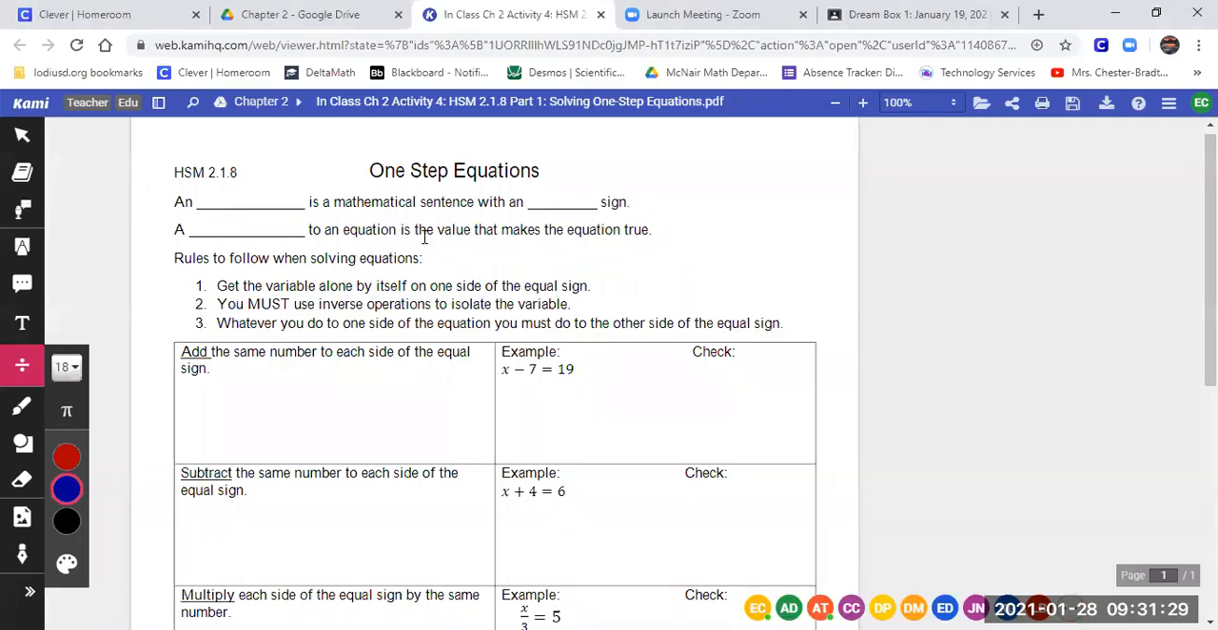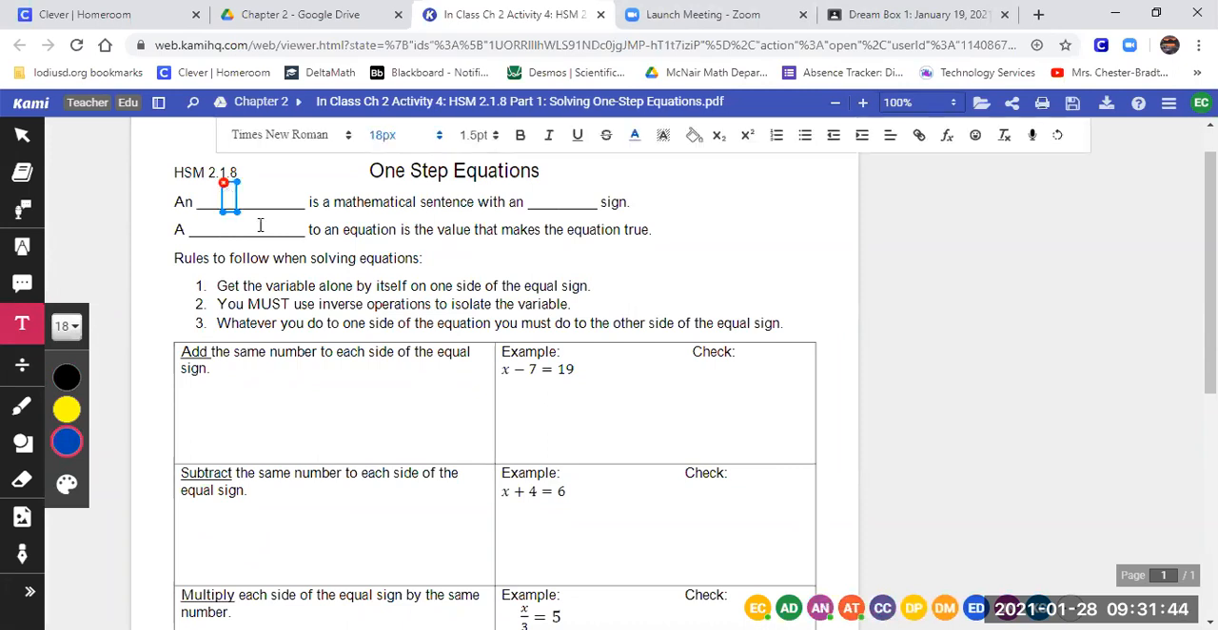So we're doing our solving the equations. We're doing it in one step, okay? And text box. An expression is a mathematical sentence